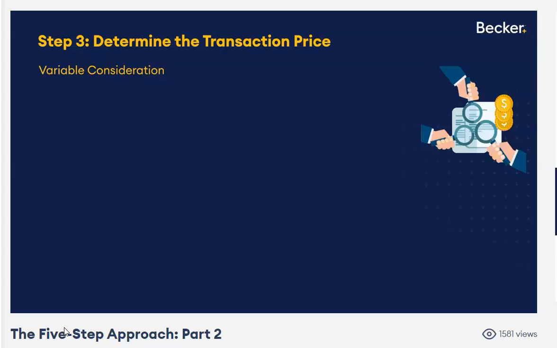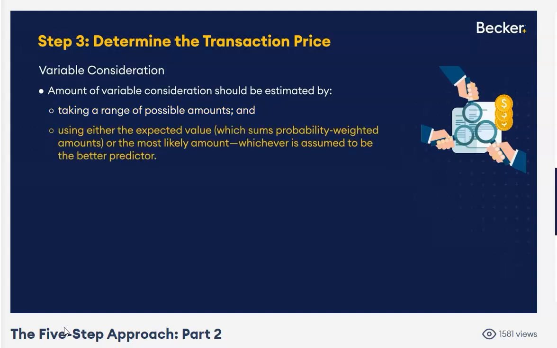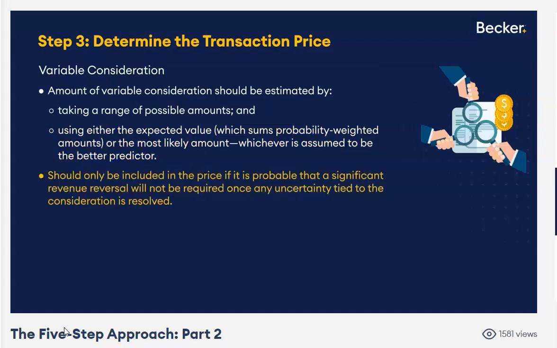First is variable consideration. In this case, it's the amount, and it's estimated by a range of possible amounts, right? What's the high? What's the low? You want to look for the most likely. That's going to be your expected value. But one of the constraints you're going to have in determining the amount that you expect to be entitled to is the rule of conservatism, right? You never want to be estimating too high